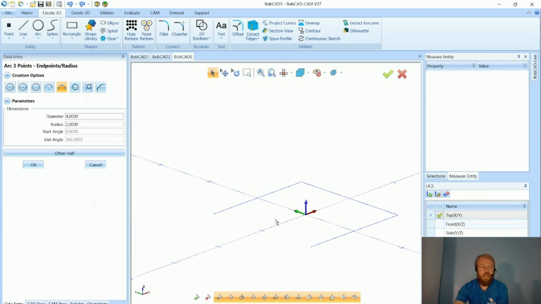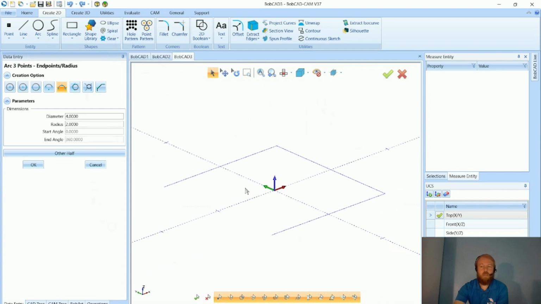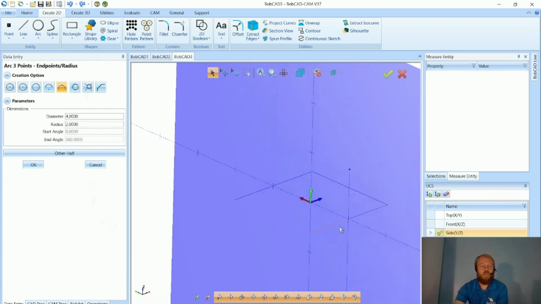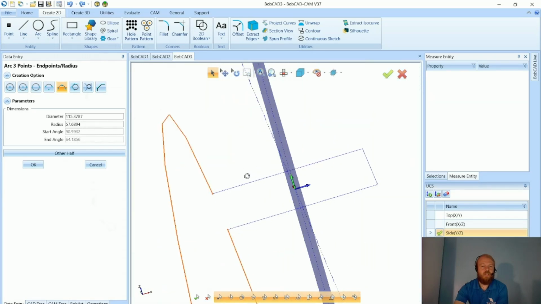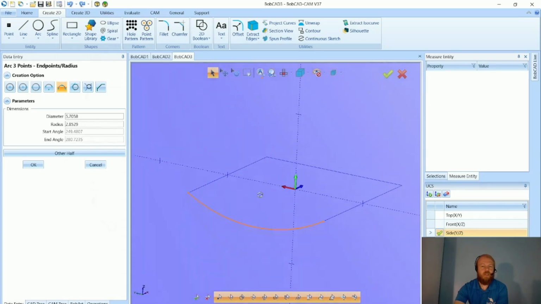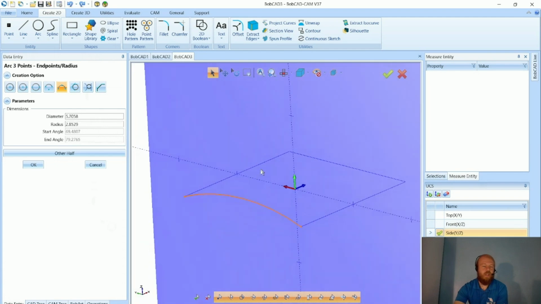I'm going to look at it on an angle, and instead of sketching on a top plane or a top UCS, I'm going to be sketching on the side here again, so that when I'm sketching on the side, BobCAD will understand I'm going from point to point, from this endpoint to this endpoint. And then when I change the radius here, you can see I'm giving it depth rather than changing the arc from left to right; I'm changing it up and down in Z effectively. So I'm going to